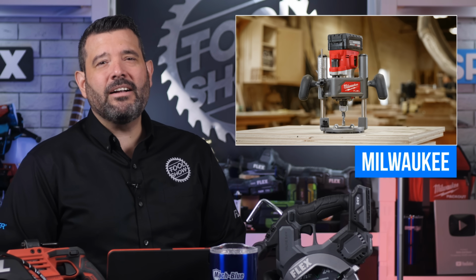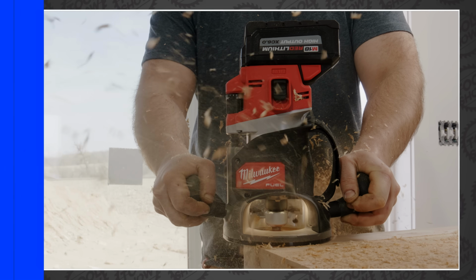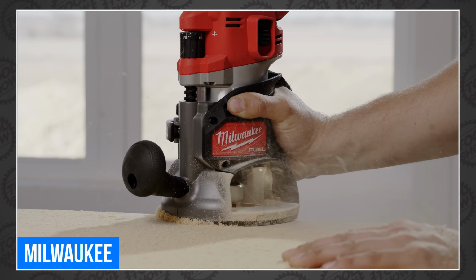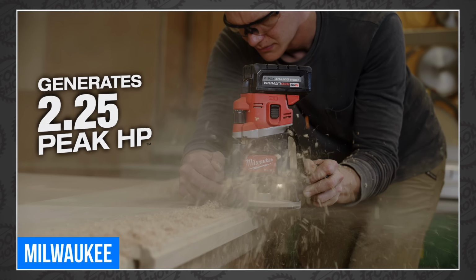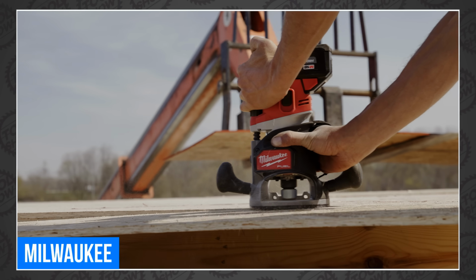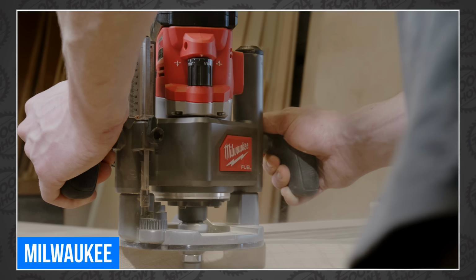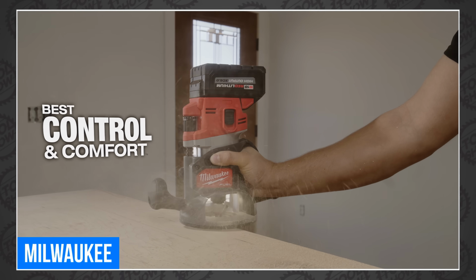And finally, Milwaukee announced the all-new M18 Fuel half-inch router, the 2838. This is not a trim router, boys. That's a huge mid-size half-inch collet on a nearly 9-pound tool. Its variable speed ranges from 12,000 all the way up to 25,000 RPM. It boasts 2.25 horsepower, an ergonomic over-mold pommel grip for one-handed use. And when paired with an M18 high-output XC 6.0 battery, the mid-size router claims up to 225 linear feet of